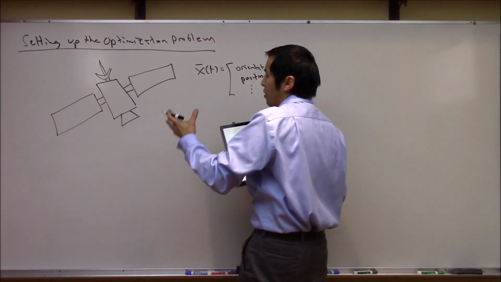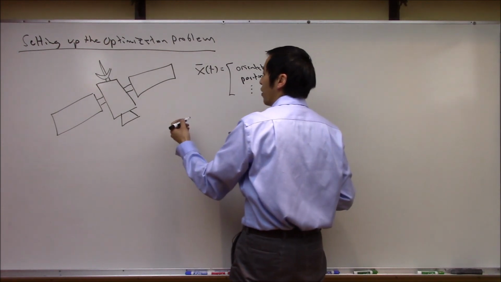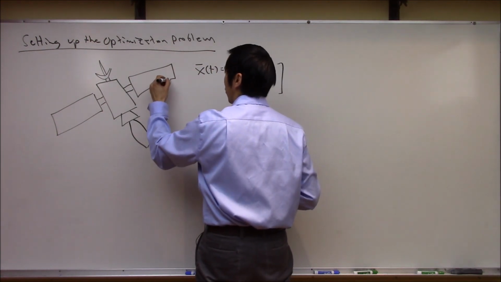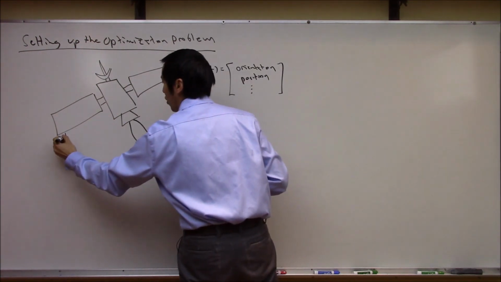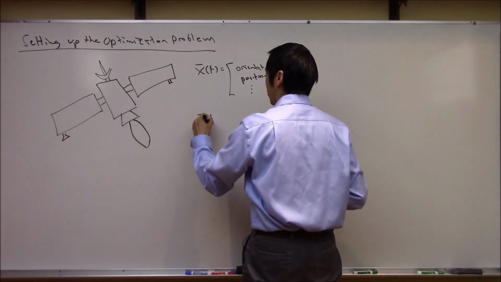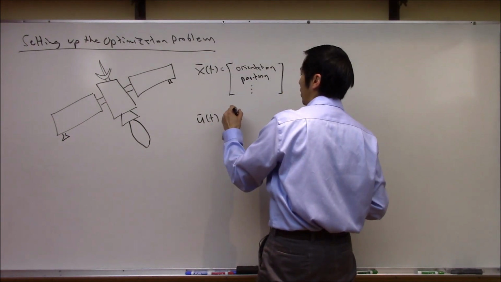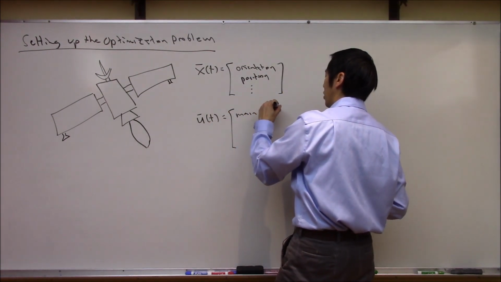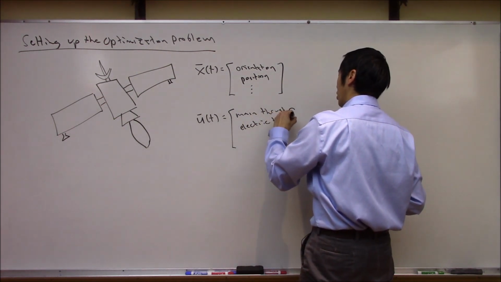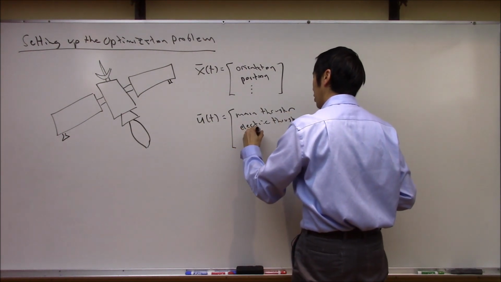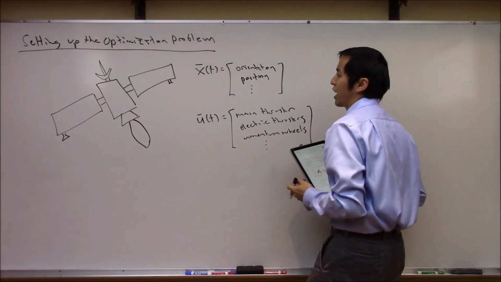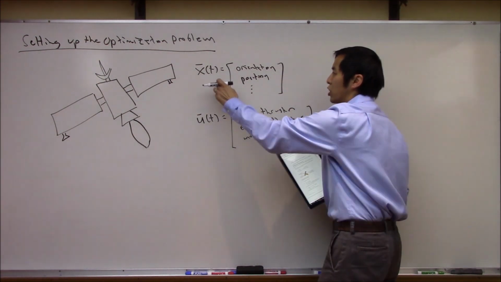At the same time, this satellite might have multiple different controls, right? It might have a primary thruster. It might have smaller positioning thrusters or momentum wheels or things like that. So we might want to say that this thing has multiple controls: the main thruster, electric thrusters, momentum wheels, etc. All we're getting at is that this is a dynamic system which has multiple states